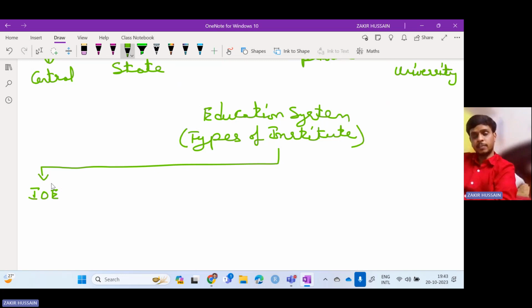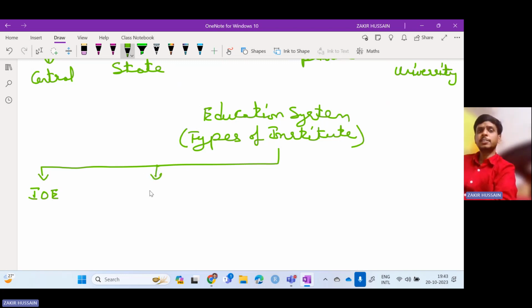If a private university is selected for the Institute of Eminence tag, it will not get any funding, but it will get autonomy. Graded autonomy, the highest autonomy from the UGC regulations. They will have complete autonomy in terms of their structure of the course, syllabus, fees and everything. So that is the highest graded.